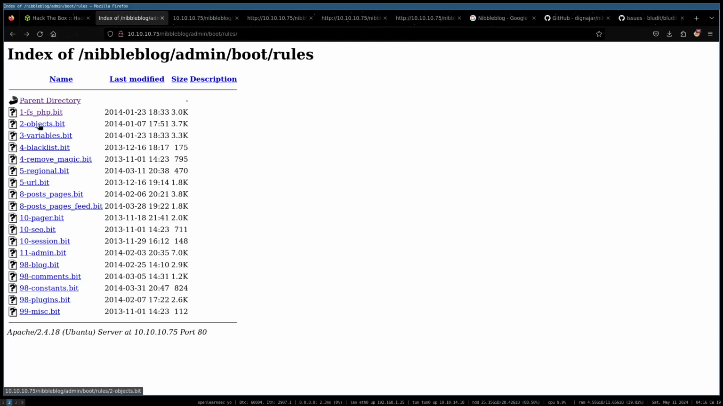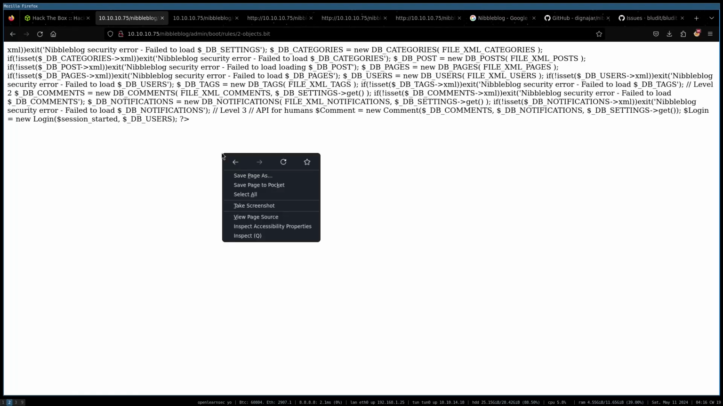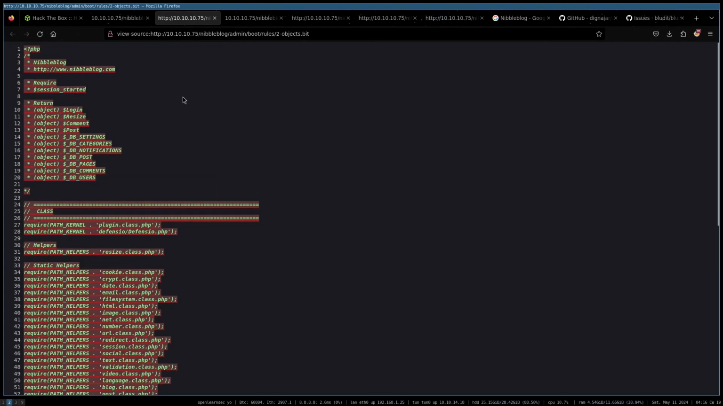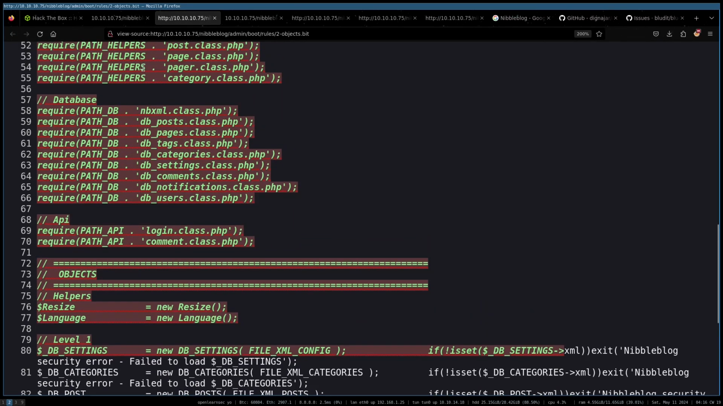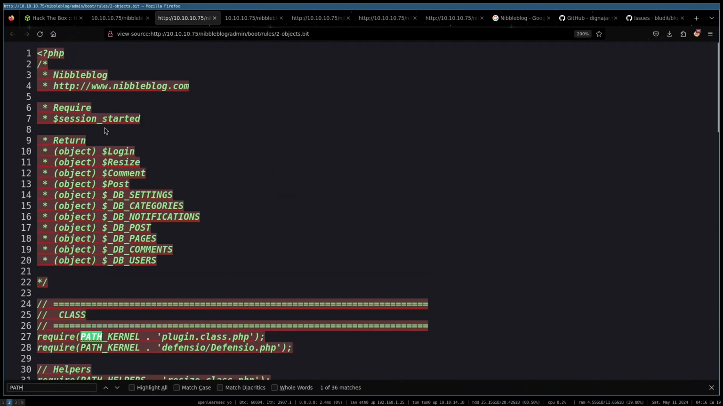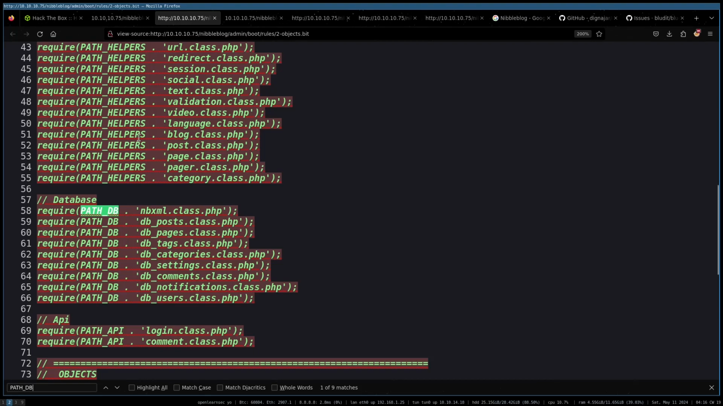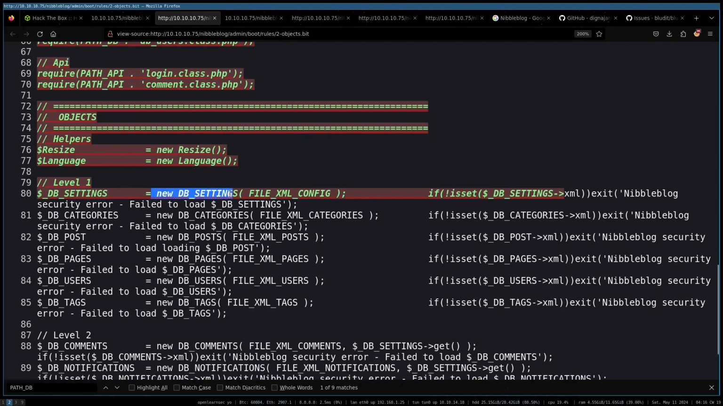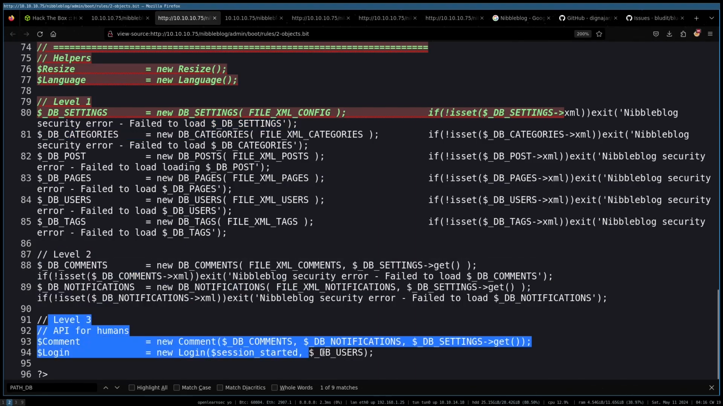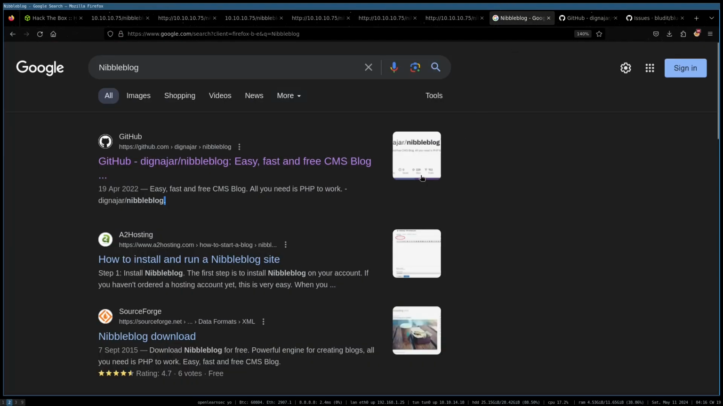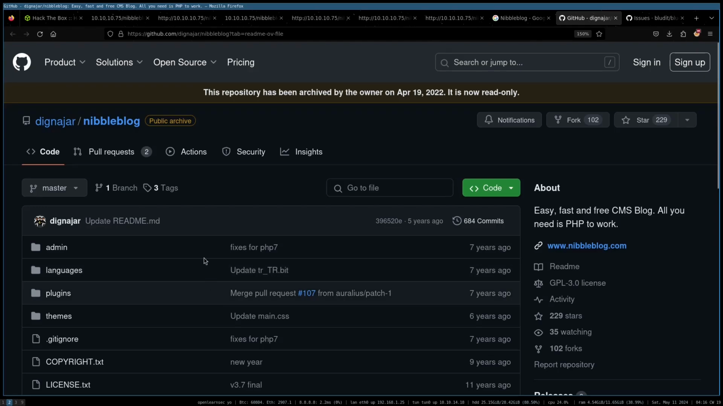Okay. Objects. Bunch of helpers. DB. So the path DB is, okay, probably defined elsewhere, but I imagine we will uncover that. Level 2 comments, level 3 API for humans. So look, we're digging through all of this. What we haven't done is